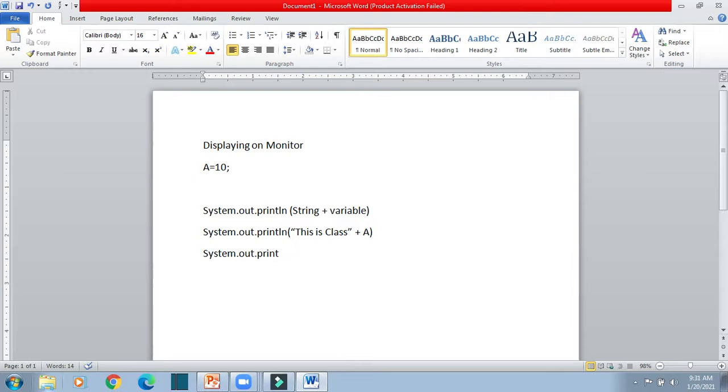So this is class will be printed as it is, then after that a will get printed and a is having the value 10, so it will print this is class 10.